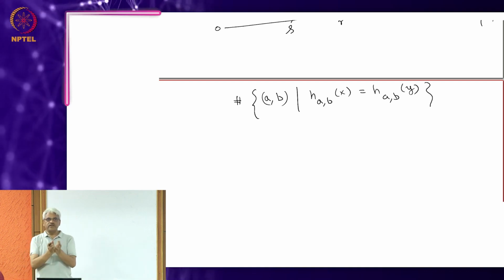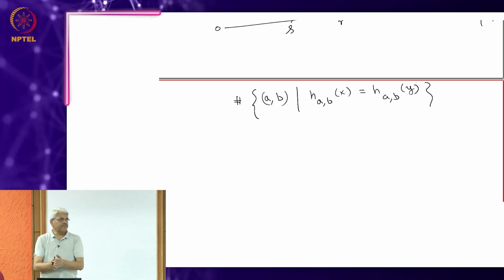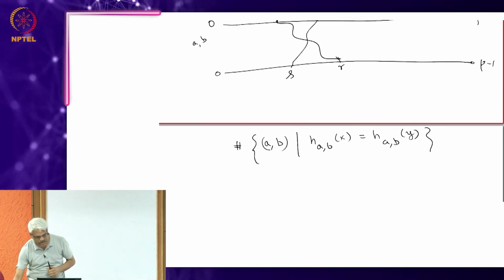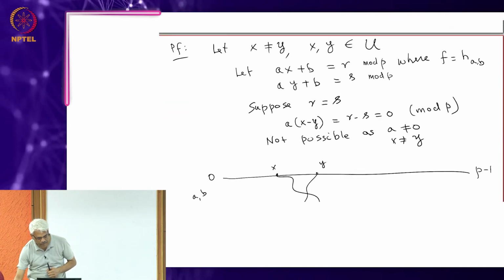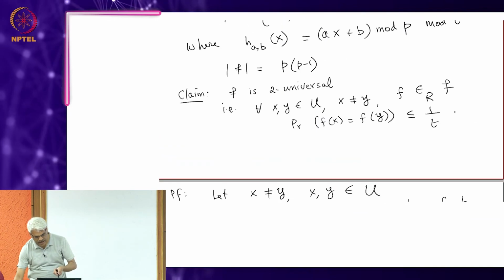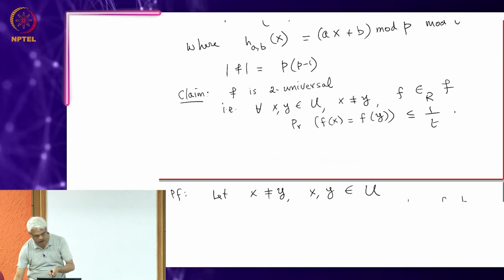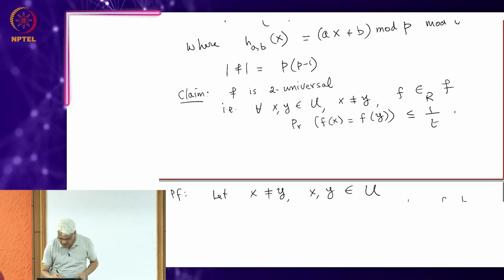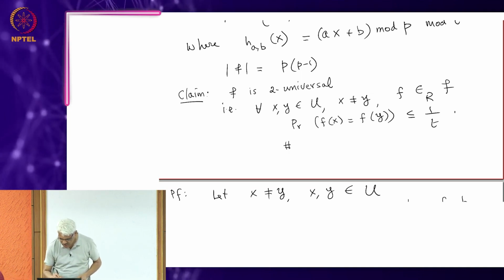I want to compute the number of functions that map them to the same location, right. For this universal statement I need to show that for H_AB(X) equal to H_AB(Y), the probability is at most small. This is the same as saying the number of functions